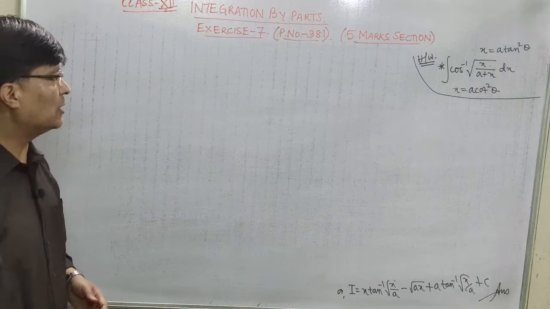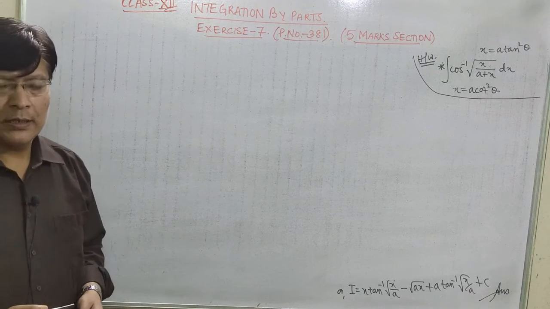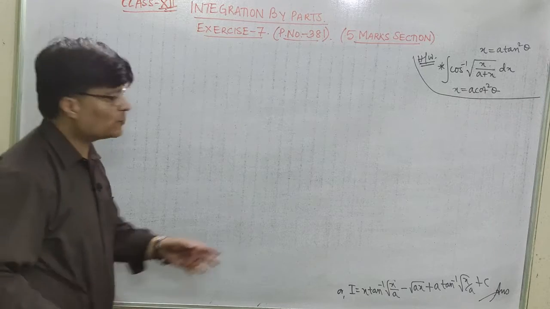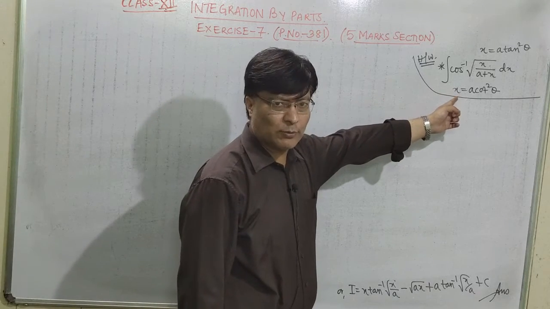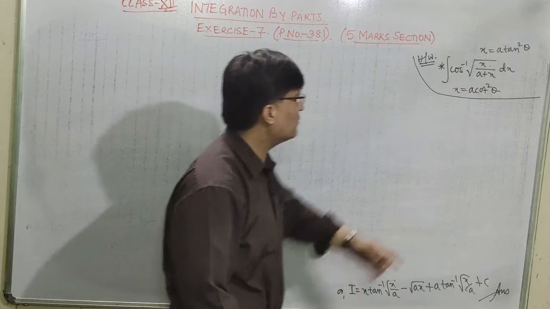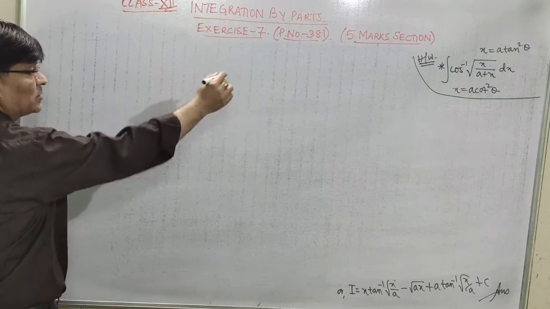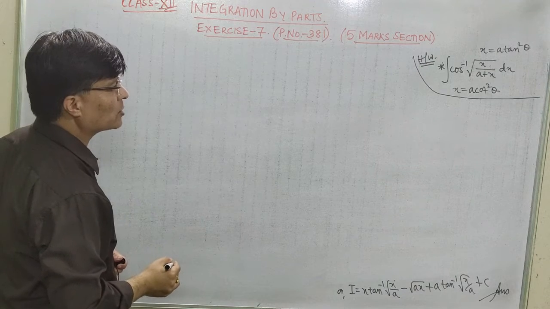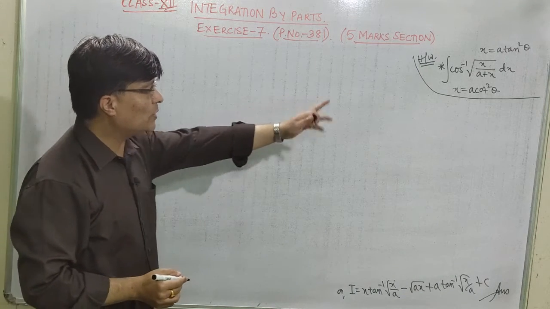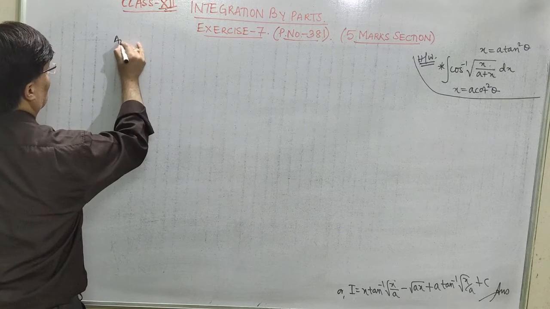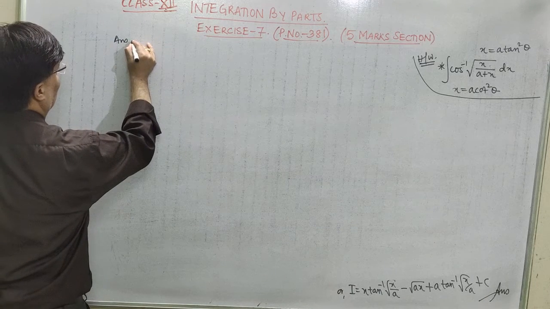So now I'll give you some problems. That is your homework, right? So this problem is your homework. I already told you about this one, isn't it? And the answer for this question, let us write down the answer for that part. That is for integration of cos inverse root over x upon a plus x dx. You will put x is equal to a cot square theta. The answer for this question will be,